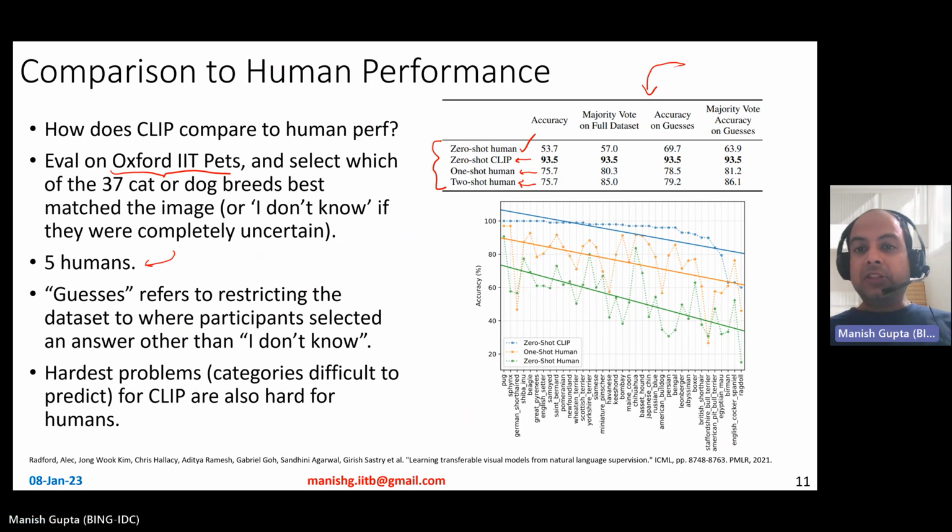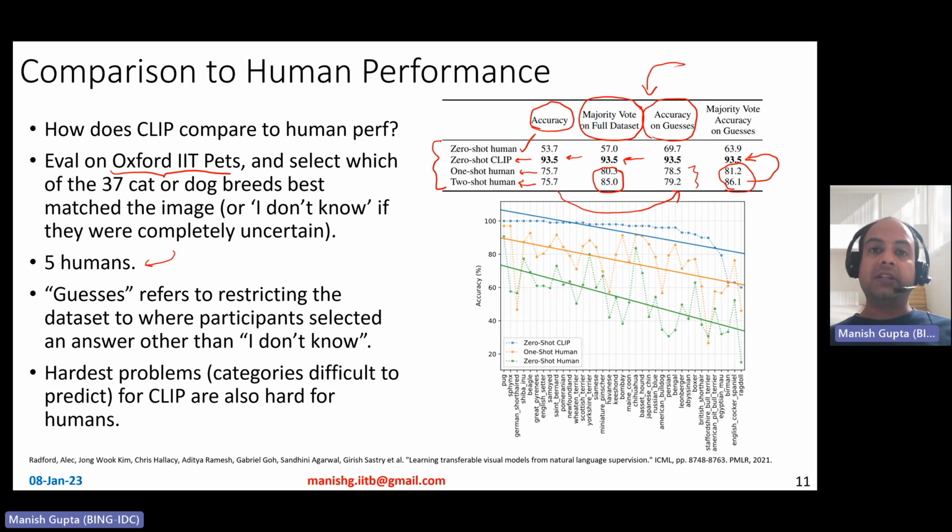That's that. So the accuracy overall, zero-shot CLIP has insanely better accuracy compared to human accuracy. Even if you do majority voting, you observe that the best human accuracy is 85, while zero-shot CLIP accuracy is still very high. Now humans do make mistakes many times, I don't know. And if you basically ignore those cases, then the accuracy is somewhat better, 78, 79. And if you basically do majority voting on top of it, well, it's 86, but still is much lower